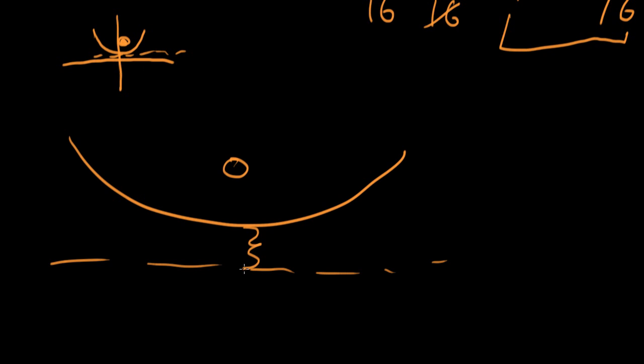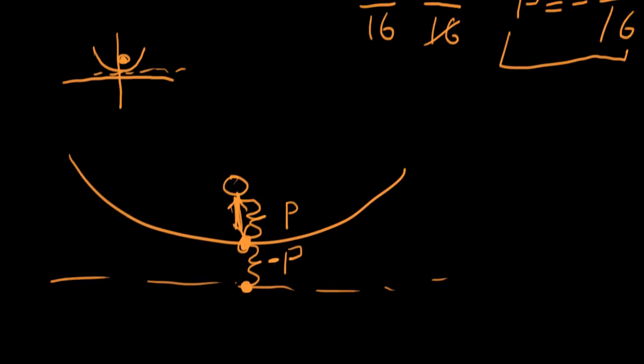This distance here and this distance here are p. So from the vertex to the focus is p. From the vertex to a point on the directrix is actually negative p. The distance is p, but it's negative p. So if I go back